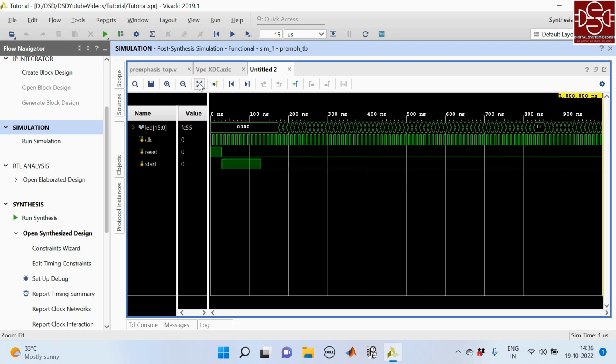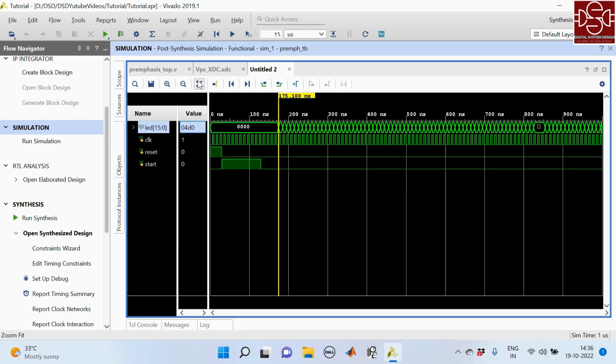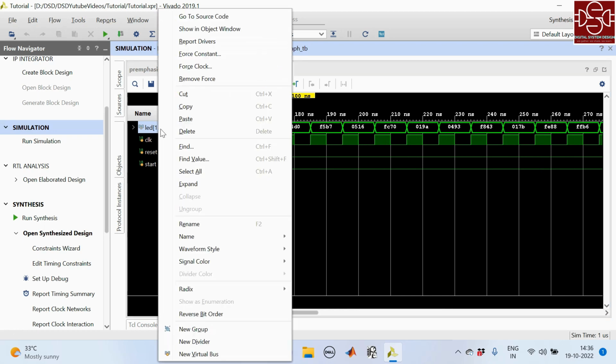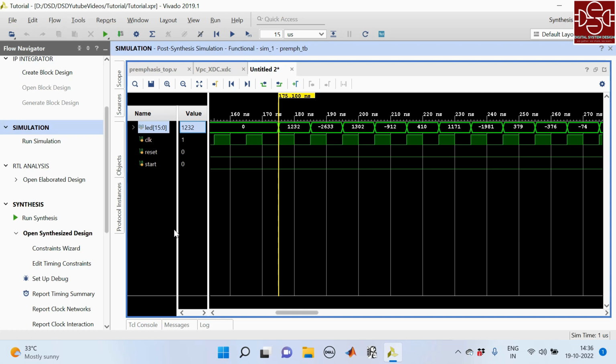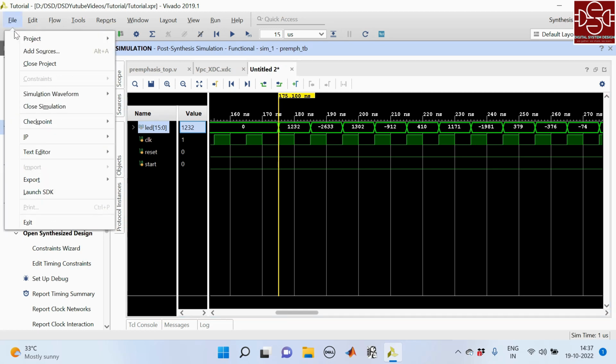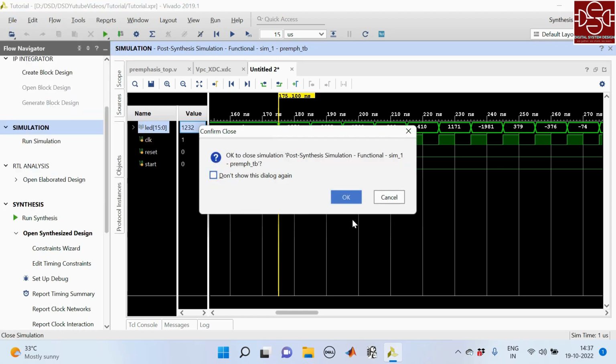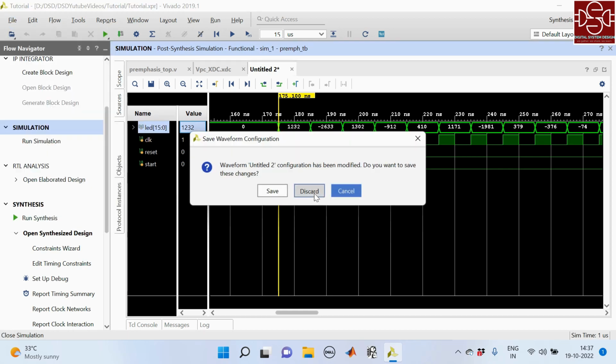So we will see whether the output is same or not, and again change the radix. See, output is same. So if the output is not same, we can say that something is wrong in the architecture. So once we verified this, we can say that our almost maximum job is done. So after verifying this, we can close this here,